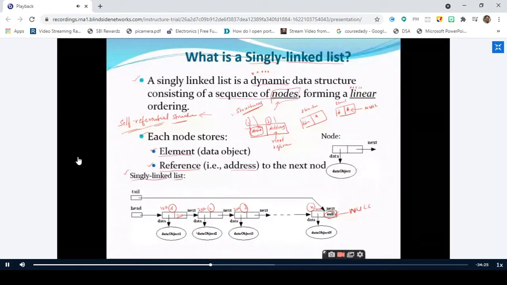Yes, sir. Now tell me what is the value that is stored at this location? 300, sir. Okay. What is it that is stored in here? It is 400. Like that, the n-1 node will store the address 1000, which is nothing but the base address of this nth node. So we are storing the addresses of the nodes in their previous nodes. Thereby, we are creating a link from the first node to the second node, from the second node to the third node. Like that, you are creating the links.